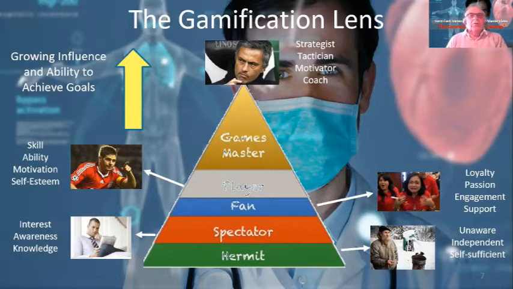So they arguably have the most influence in the game, any game situation. Underneath them, the next layer that has the next level of influence are the players. These are people who are directly involved in affecting the outcome of any individual game.